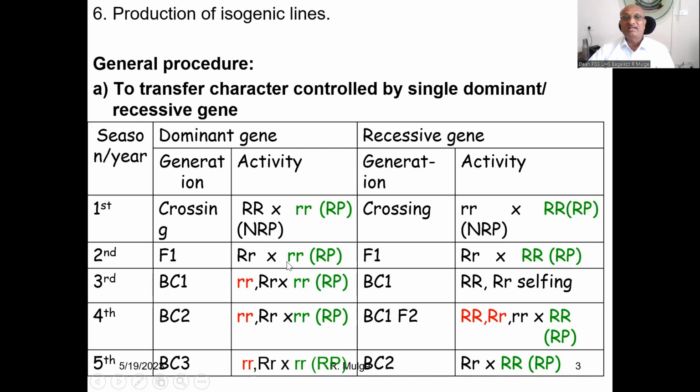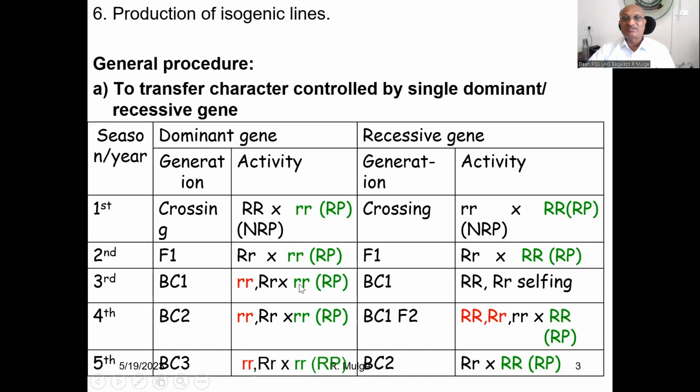Recessive allele and recessive allele, it is homozygous recessive. So this particular plant will show susceptibility. You are going to reject it, right? Only this plant you are going to select